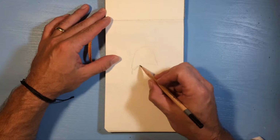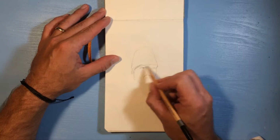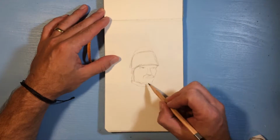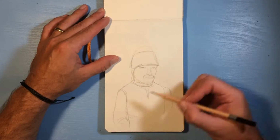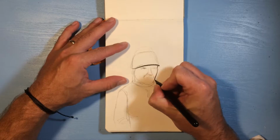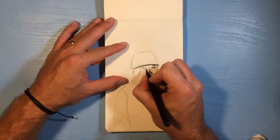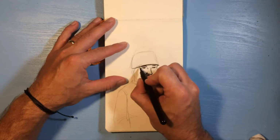Hey guys, so in today's video, I'm going to be doing a really quick painting of a Bespin security guard action figure from the vintage Kenner Star Wars line. This was an action figure that came out after Empire Strikes Back. But the reason I'm painting him is I wanted to share with you guys that prior to this quick painting,